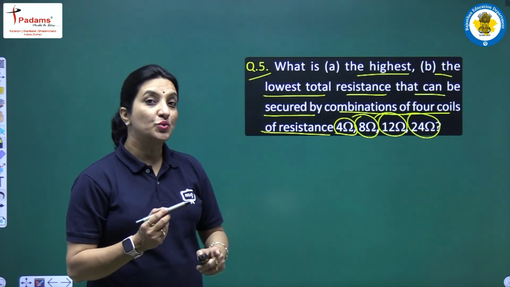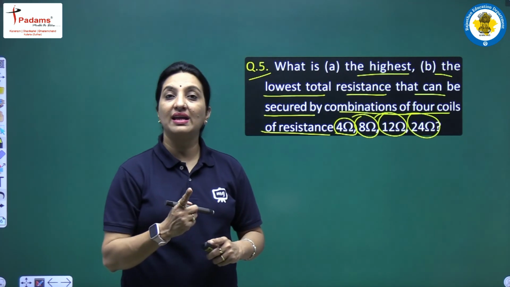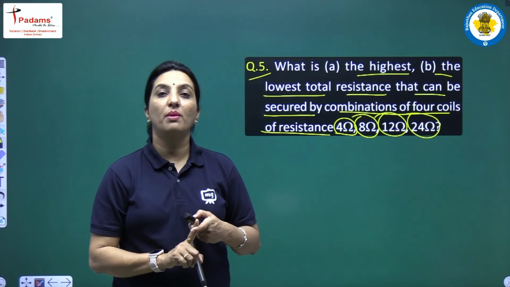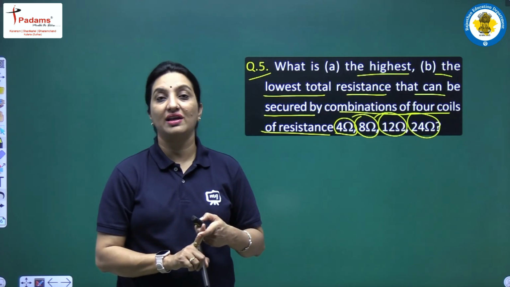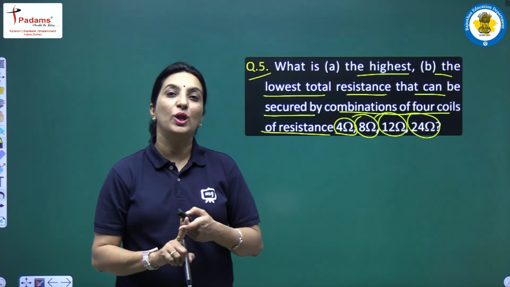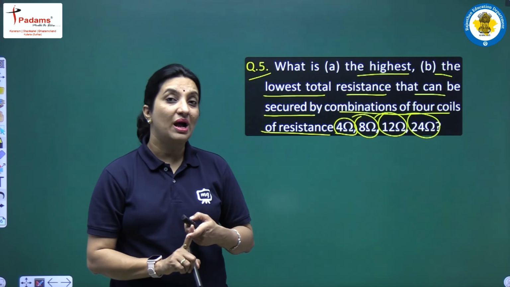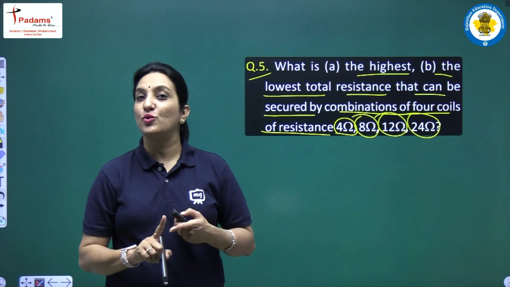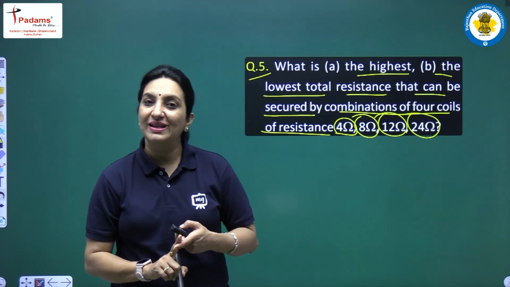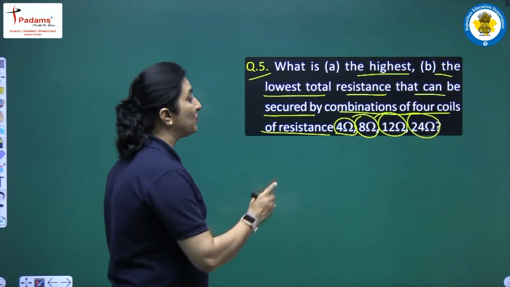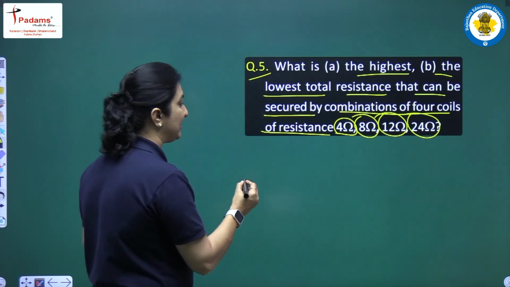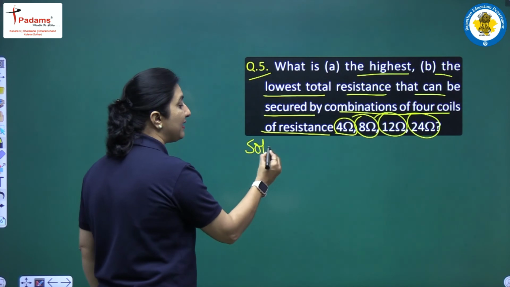सो स्टूडेंट्स यहाँ पर हमें ये याद रखना है कि जब रेजिस्टेंसेस को सीरीज में कनेक्ट करते हैं तो हमें हाईएस्ट रेजिस्टेंस मिलता है, और जब रेजिस्टेंसेस को पैरेलल में कनेक्ट करते हैं तो हमें लोएस्ट रेजिस्टेंस मिलता है। तो यहाँ पर हम क्या करेंगे? एक बार तो चारों को सीरीज में ऐड करके इक्विवेलेंट निकाल लेंगे और एक बार चारों को पैरेलल में कनेक्ट करके इक्विवेलेंट निकाल लेंगे। तो पहले क्या करेंगे? हाईएस्ट के लिए हम क्या करेंगे? सीरीज में कनेक्ट करेंगे।